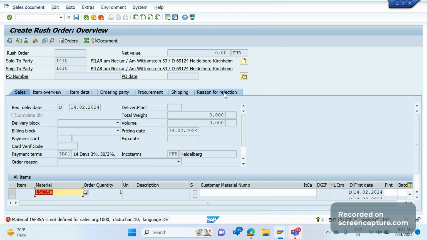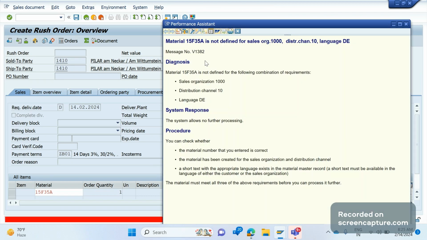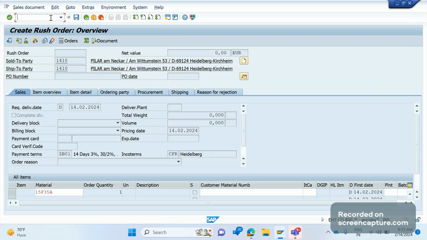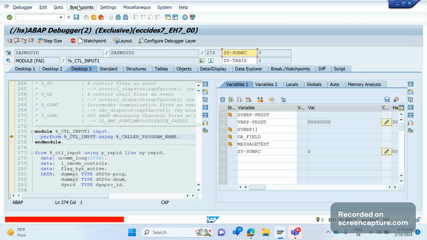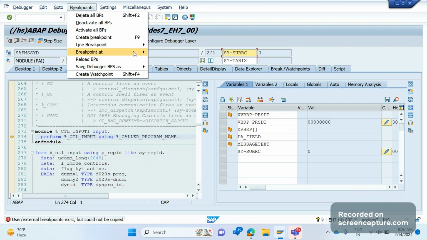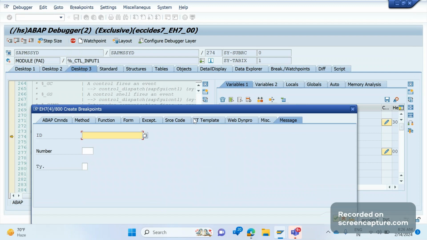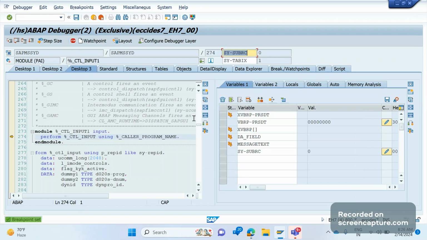Okay, now let's see how to skip this error message. Same thing. Double click on this error, and the application area is V1. Message number is 382. So what I will do, I will add the breakpoint. If I click enter, go to the breakpoints in the menu, breakpoint, set message. So application area is V1 and the number is 382. Click enter now. And if I click F8,